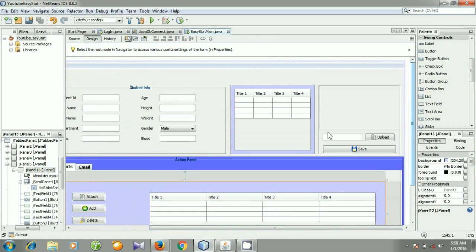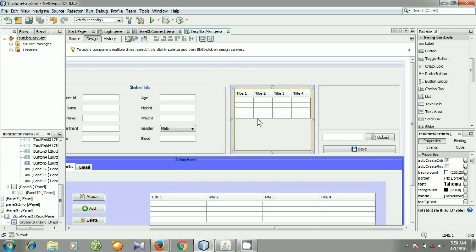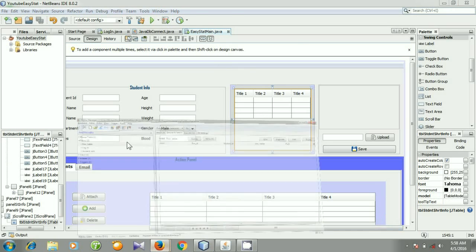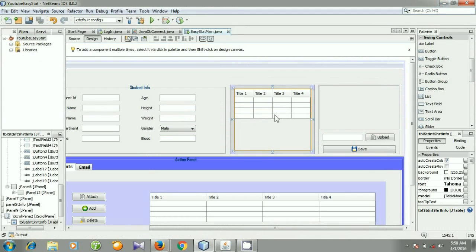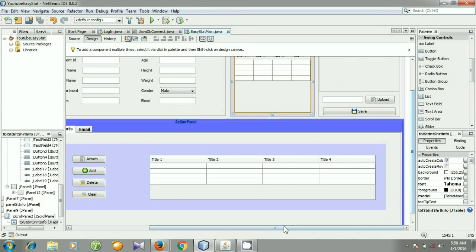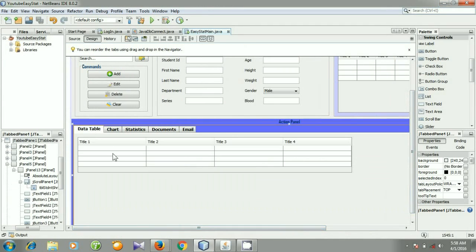Now open your project, and you see whenever we are entering, that means after login, the main working window, this is our registered main.java, will appear, and the entries from the student info table will be shown in this table and in this table.